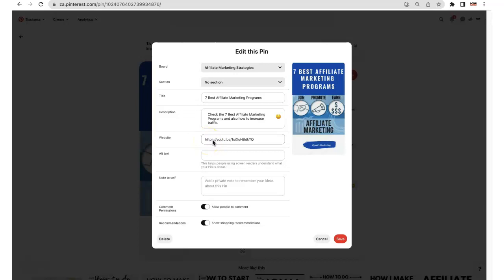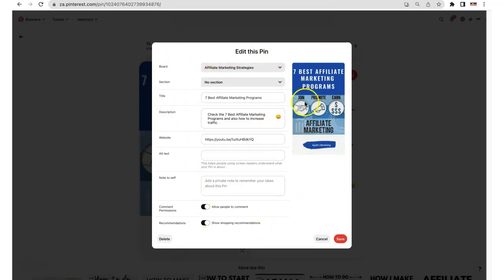The next element, URL. What is this all about? This is the destination that you send your viewers to. For the content that you are currently looking at, this is for you to get more information, this is the destination. The destination can be in the form of a website, a blog. It can also be a YouTube video, right? So that the viewer will be able to get the information that relates to the pin content